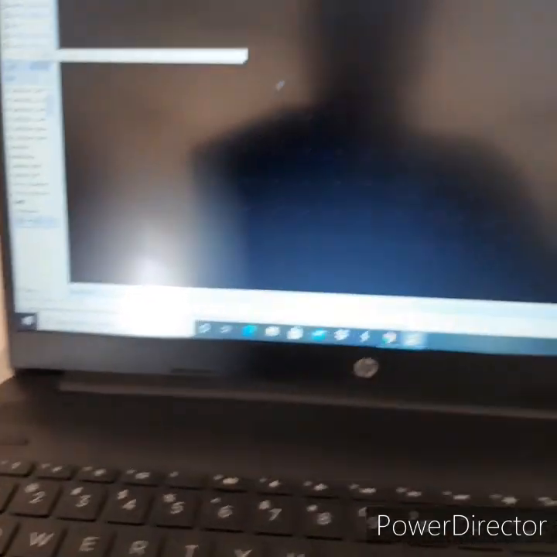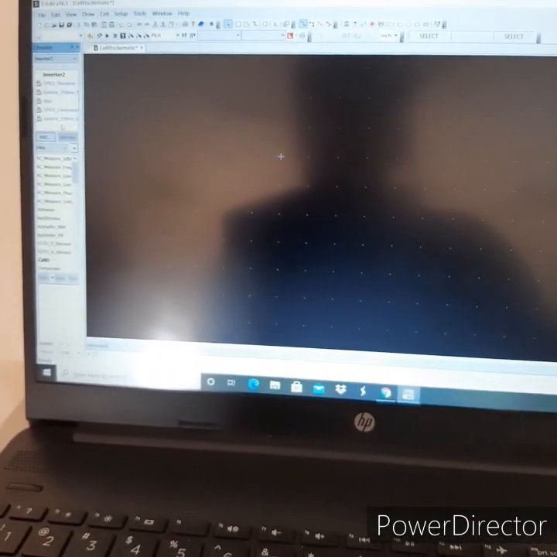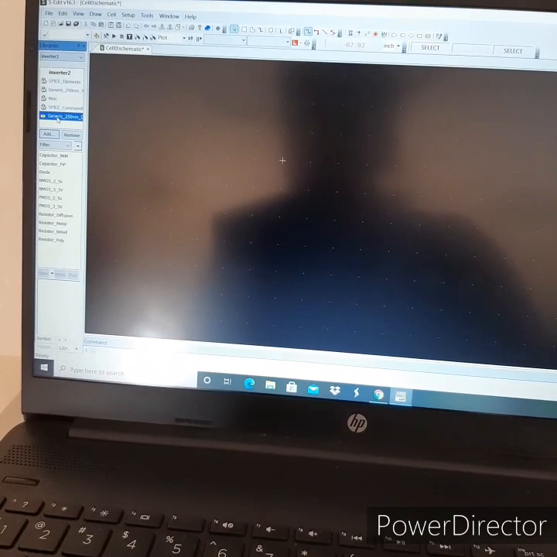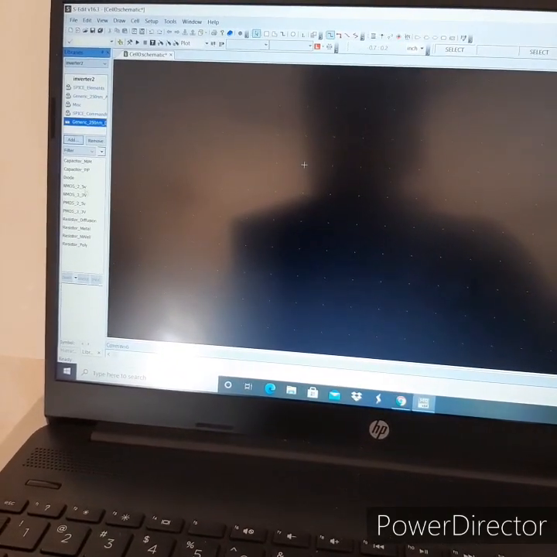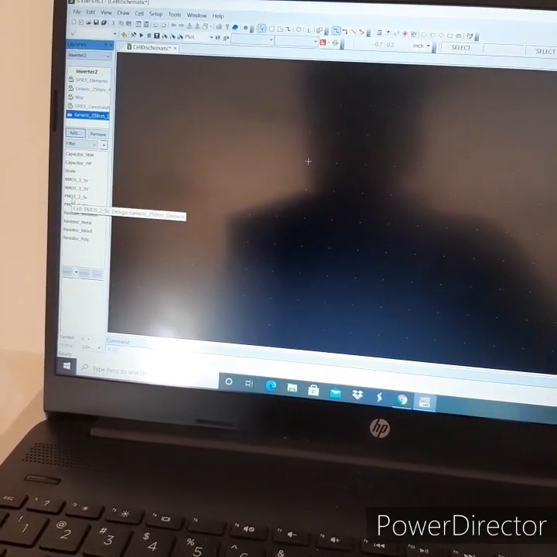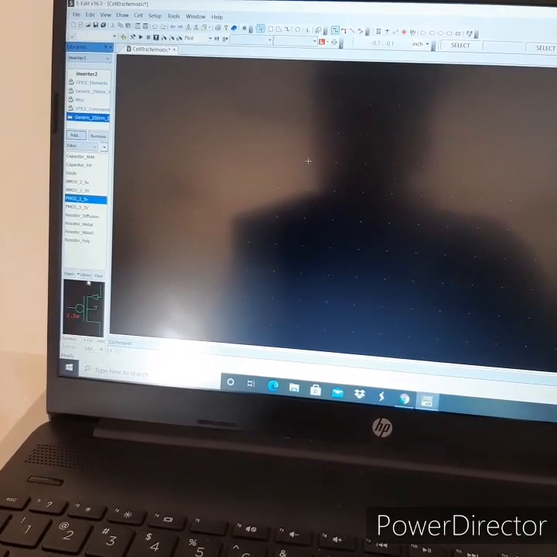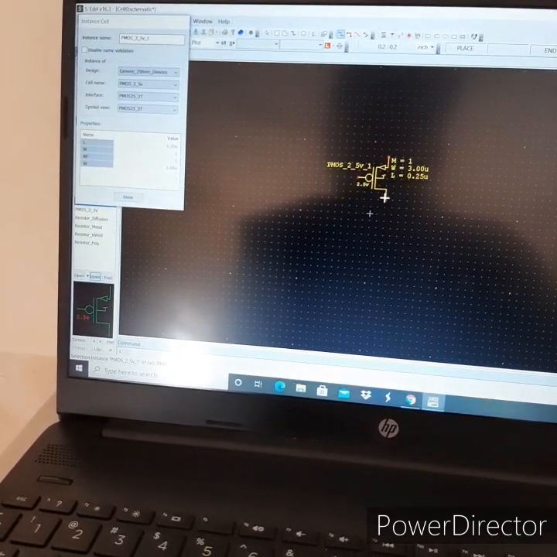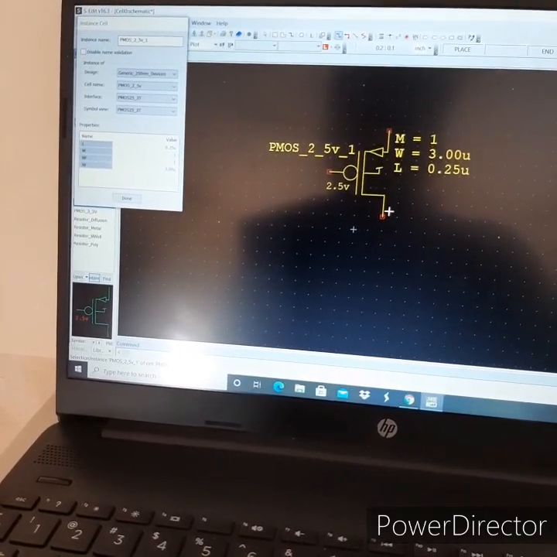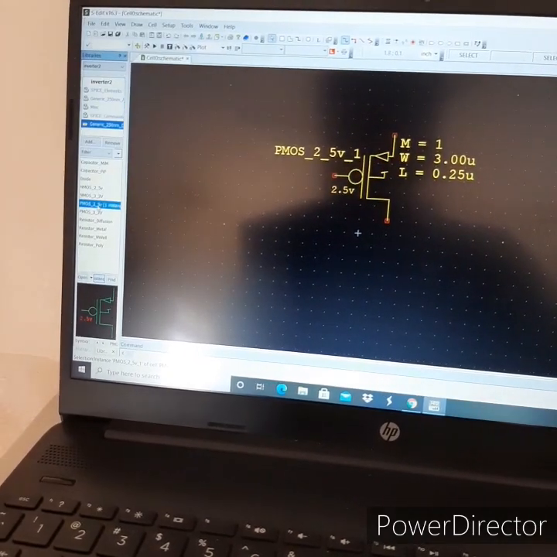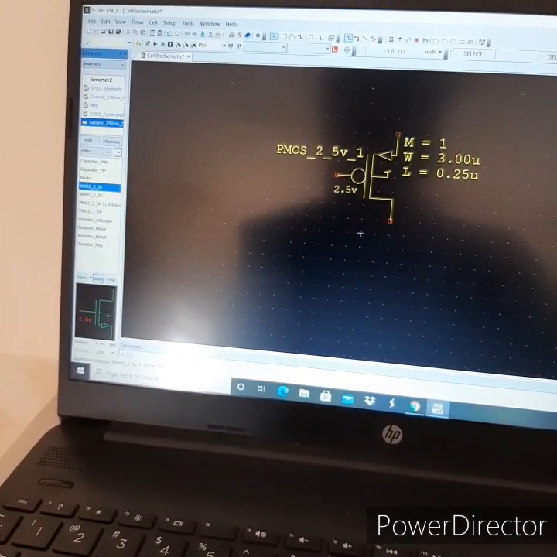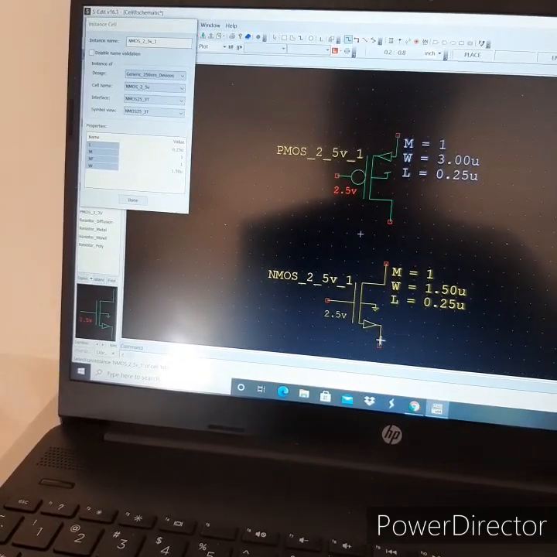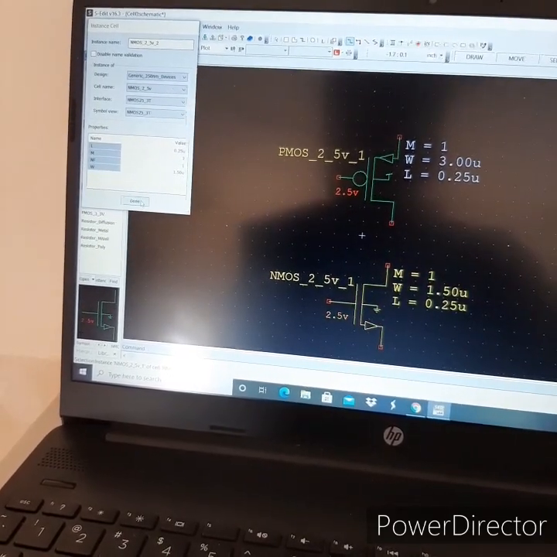For designing the inverter we need PMOS and NMOS. So click generic 250 nanometer devices and you will find PMOS. Place the PMOS here, then place the NMOS 2.5 volt here, click Done.